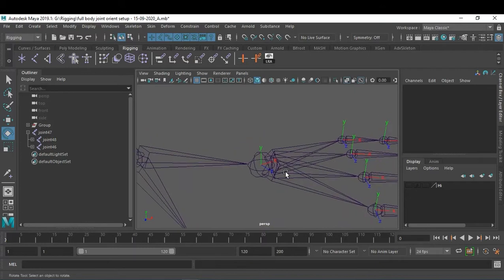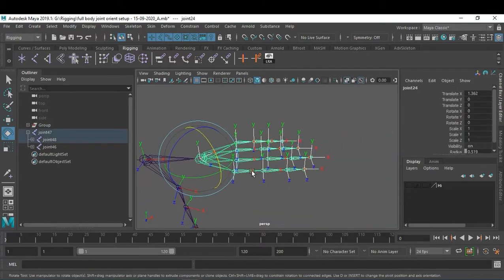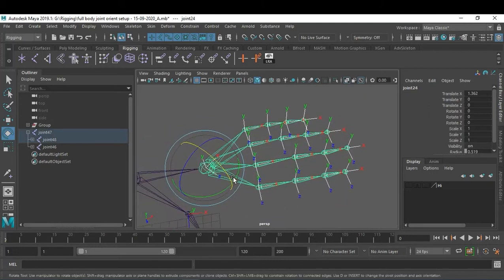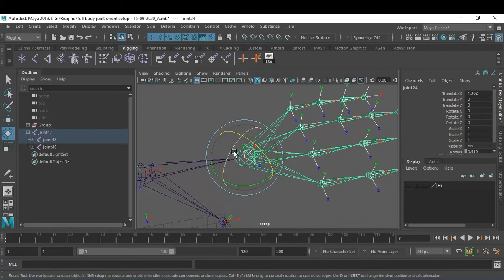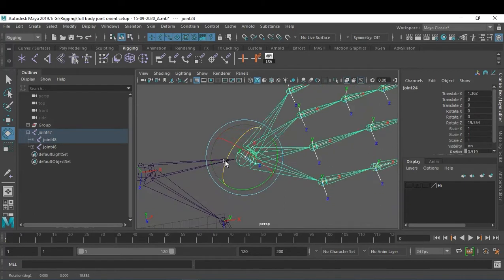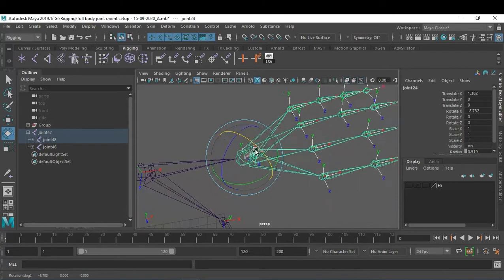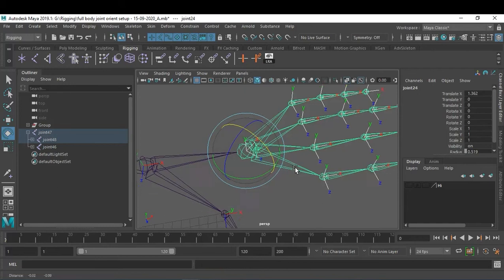See, inside over here also, the X direction has to be exactly in the center. Otherwise, when you want to rotate your hand or wrist, it's not proper, right? This is what we don't want.